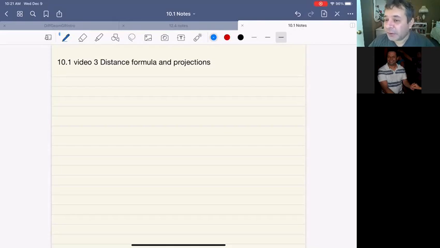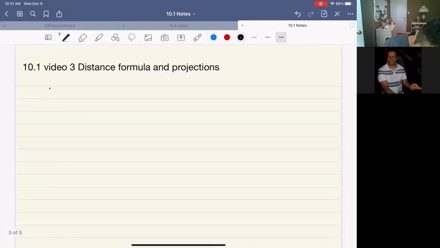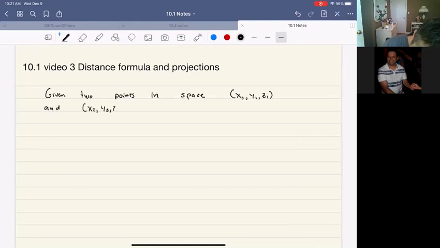So the distance formula in space is not much different from the distance formula in the plane. It's just an extra dimension. So if we are given 2 points in space, let's say x1, y1, z1, and x2, y2, z2. Okay, the distance between them